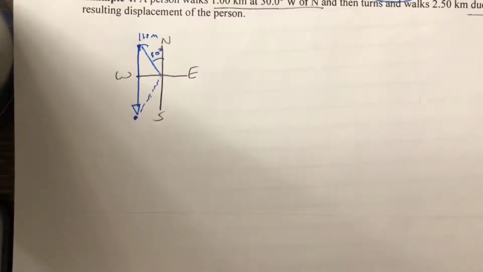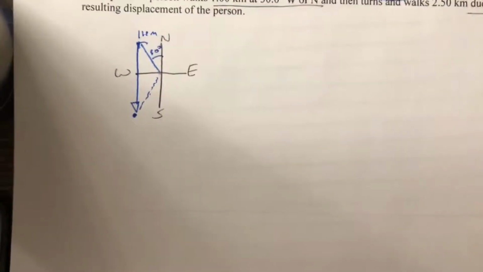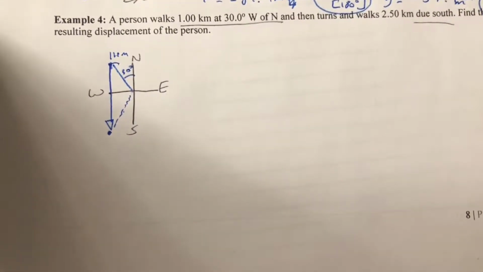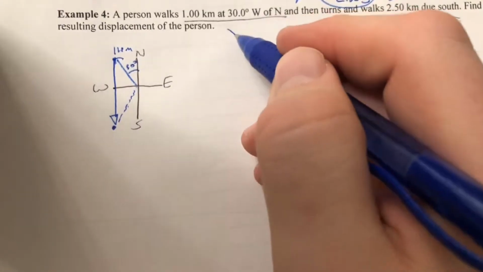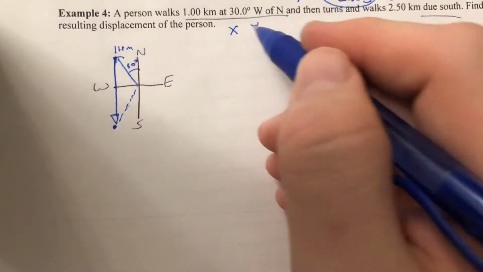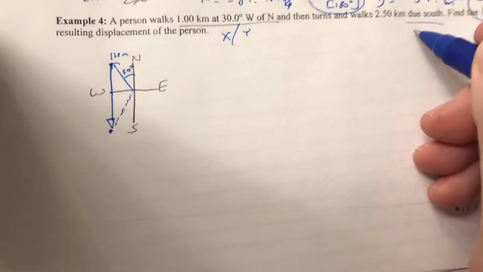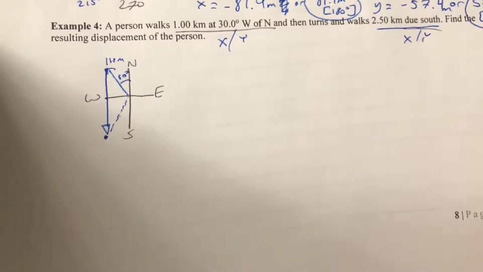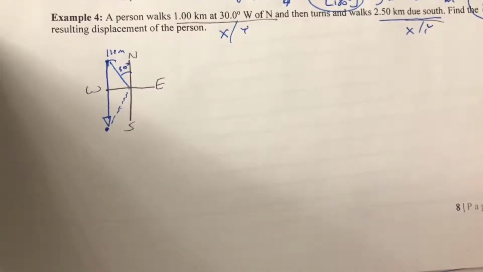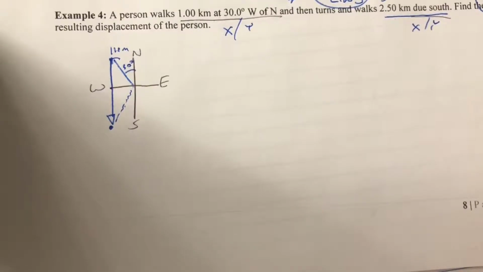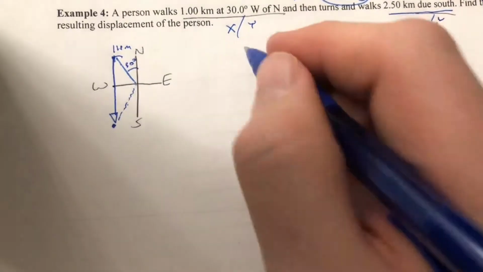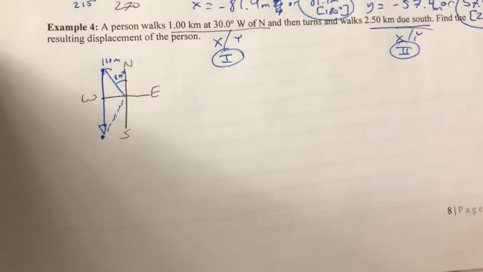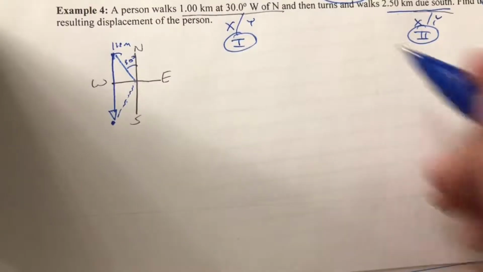And there's different ways that we could work this out. But what I want you to do when you see problems like this with two or more parts is find the XY components for the first section and find the XY components for the second section. And then we're going to find the net resultant from there. So you split these up into section 1 of the trip, or part 1, and this is part 2 of the trip,